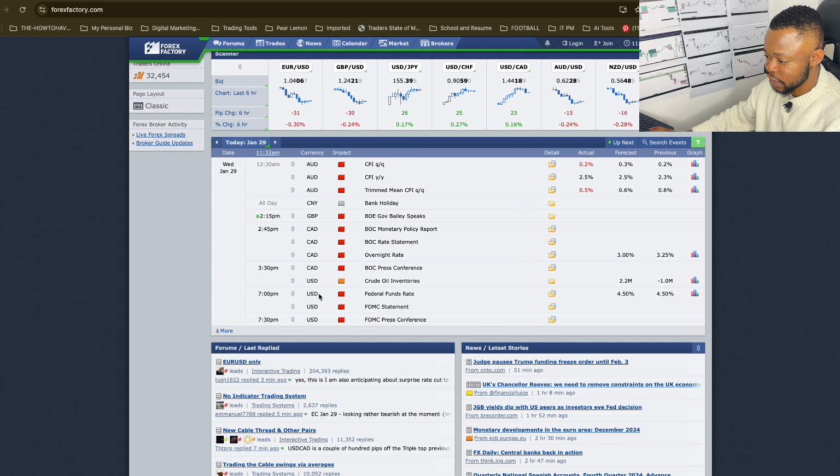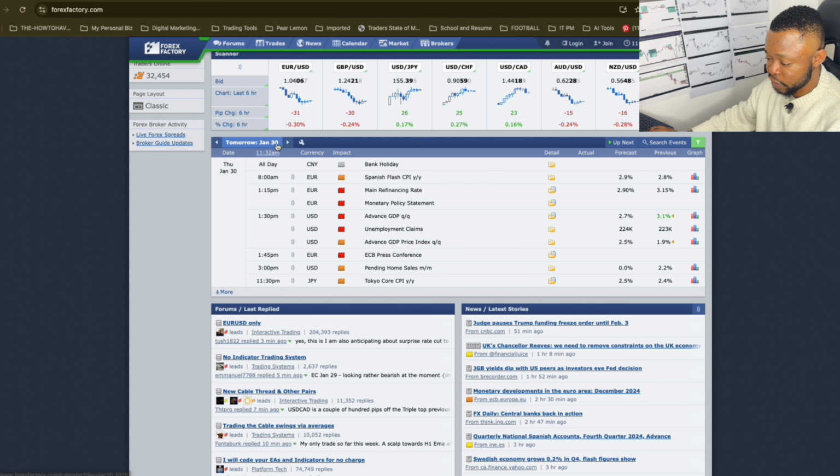It varies based on the impact of the news. We have the high impact news, we have the low impact news. On this particular day, we have loads of high impact news. When you have very high impact news, they come out as red folders. The ones that are of low or medium priority, we have them in orange folders. So these are the variations of news and where you can get your fundamental analysis to understand your bias and help you make informed decisions in the market.